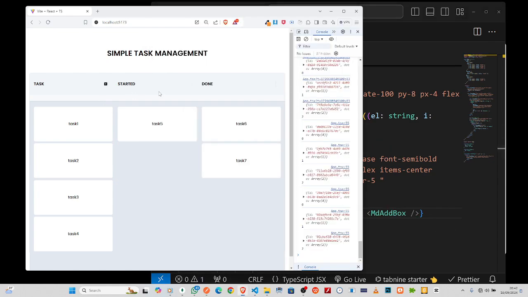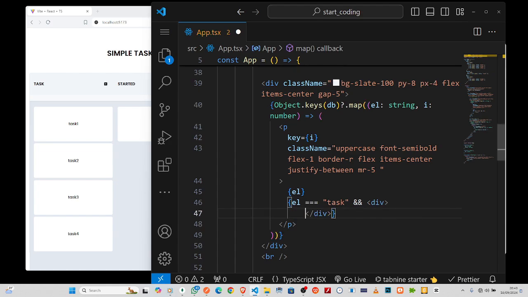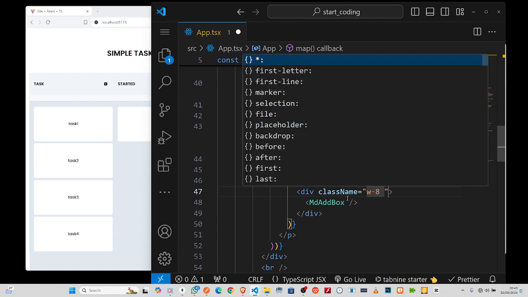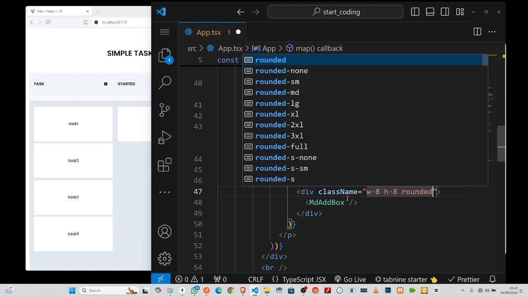So I'm not expecting it to show here, just here, so that's good. So for this guy, let's do this. I'll put some inside a div and put it here. Inside here, for the class name, I'll give them a width of 8, a height of 8, rounded to be